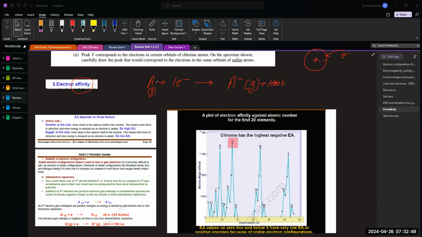Which one is bigger in size? A or A minus? Ionization energy is endo. Yes, Sanvi. Electron affinity you can write as EA. A minus is bigger. Give the reason, Afan. A minus is bigger, children. Afan is going to give us a reason, which I'm going to use for the second question. Yes, Afan. What's the reason? Anyone knows the reason? A minus is bigger